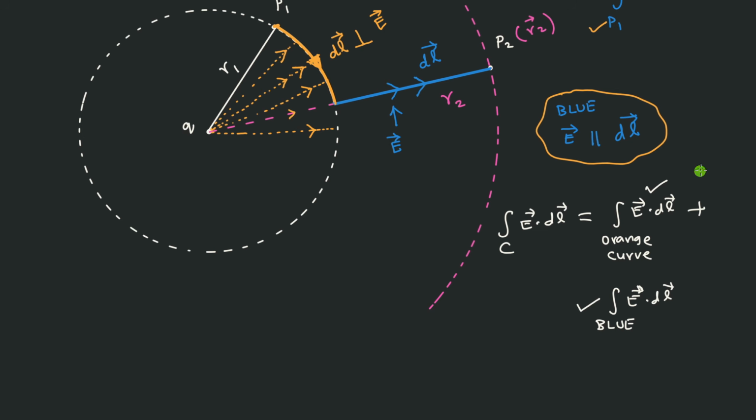And before going to anything else, let me tell you that this integral is 0. So that is why I told that now the problem is simple. So this is equal to 0. You don't have to do anything because E vector is perpendicular to the dl vector. The integration along the orange color curve will be 0. So that means your one integration is over. Only one integration is now left out.